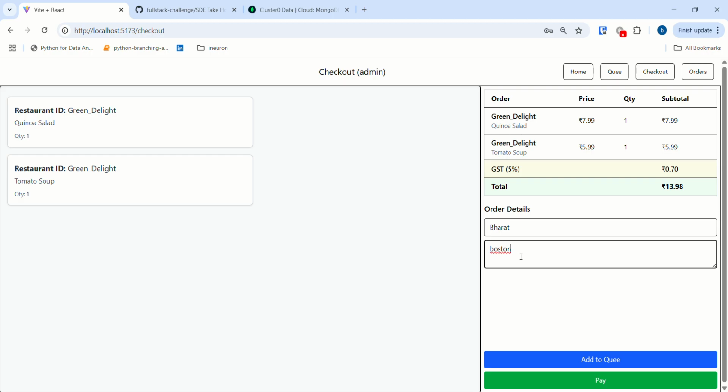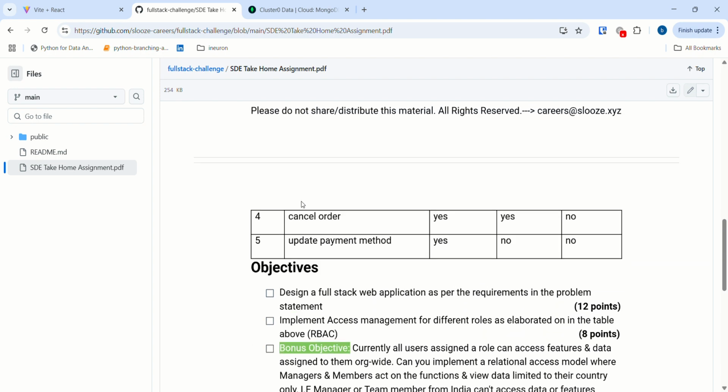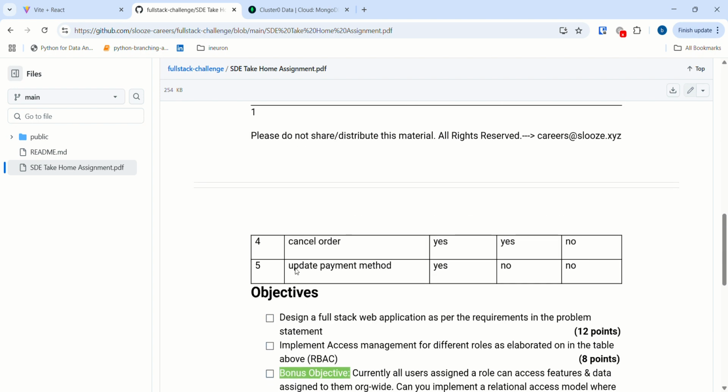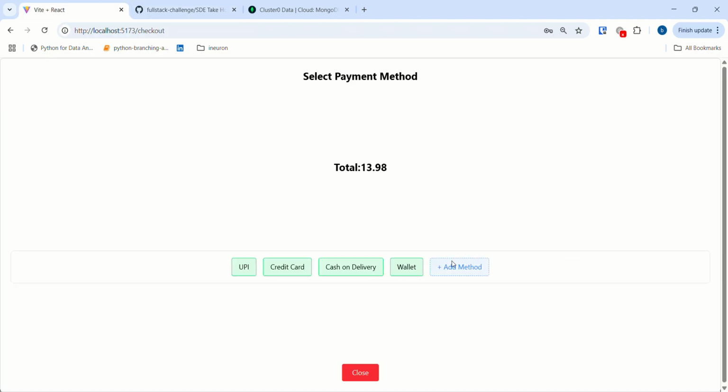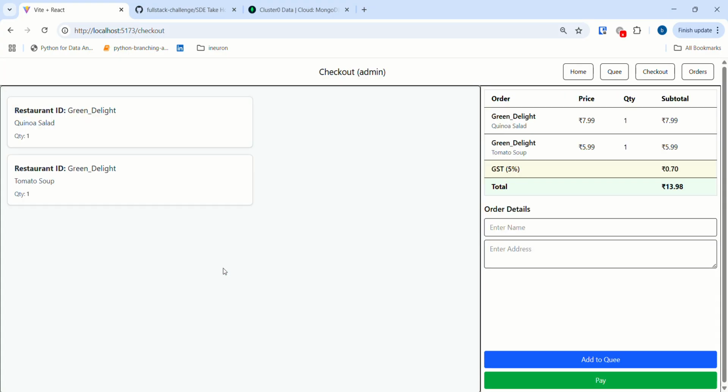Let's type Boston. Since we are admin, we must be able to pay, right? So we click on the pay button, and then we have this payment option. Since we are admin, we must be able to add methods too. It was mentioned in one of the conditions that the admin can update payment methods. So let's click on add method, and we have two more methods. We can add debit card and then close it. Now we can choose any method here. You click on UPI, and you can see the